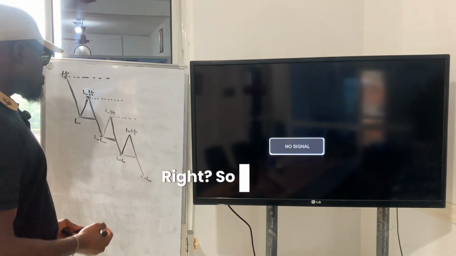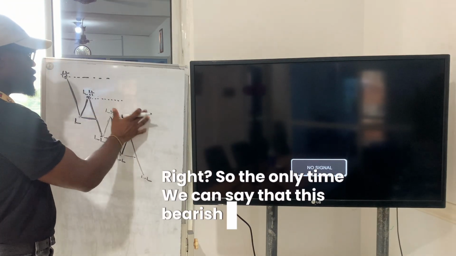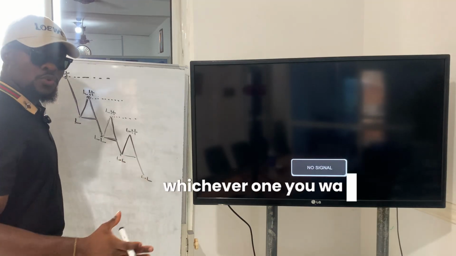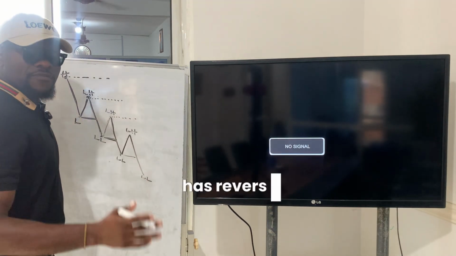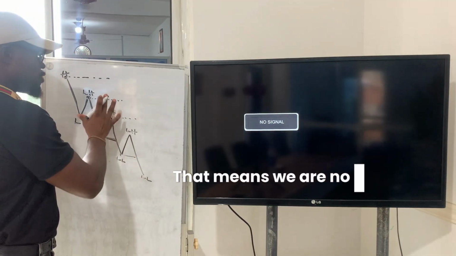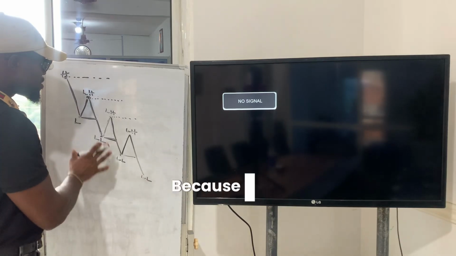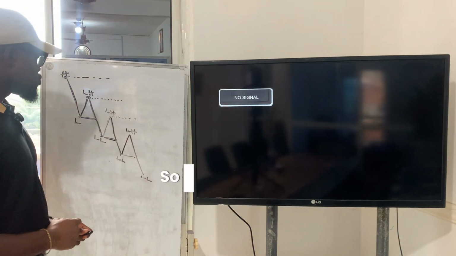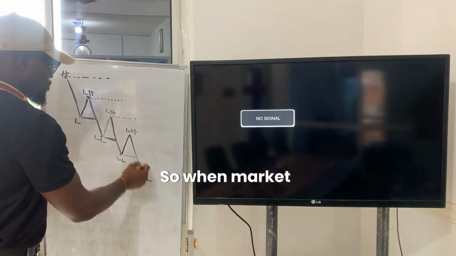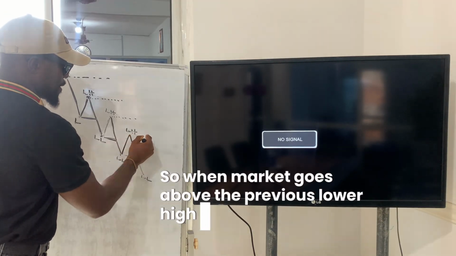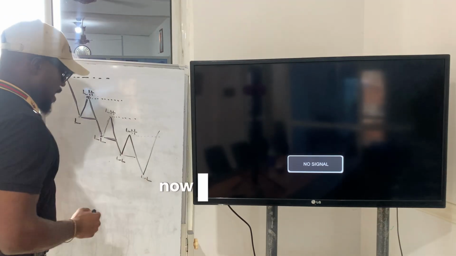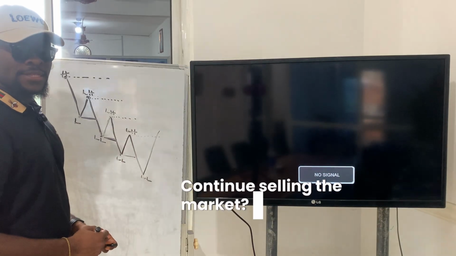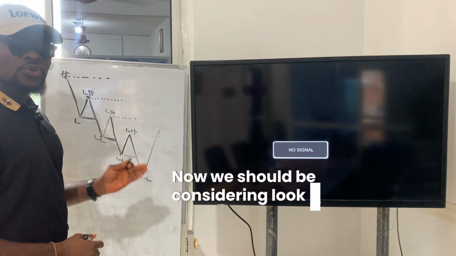So the only time we can say that this bearish market structure or this bearish move or this downtrend, whichever one you want to call it, has reversed or has changed, that means we are no longer looking for sell opportunity. Because in this type of market condition, we only want to look for sell opportunity. So when market goes above the previous lower high, now only then are we not looking to continue selling the market. Now we should be considering looking to buy the market,